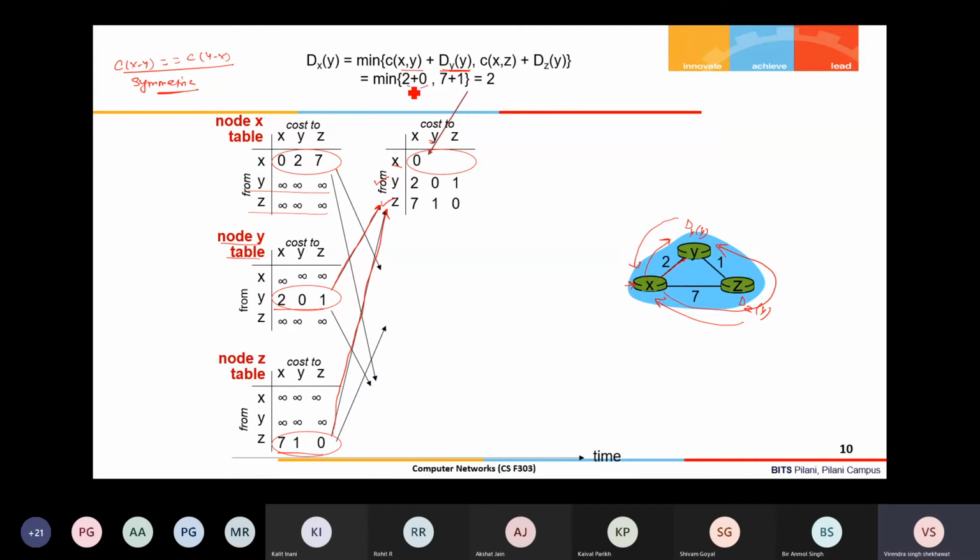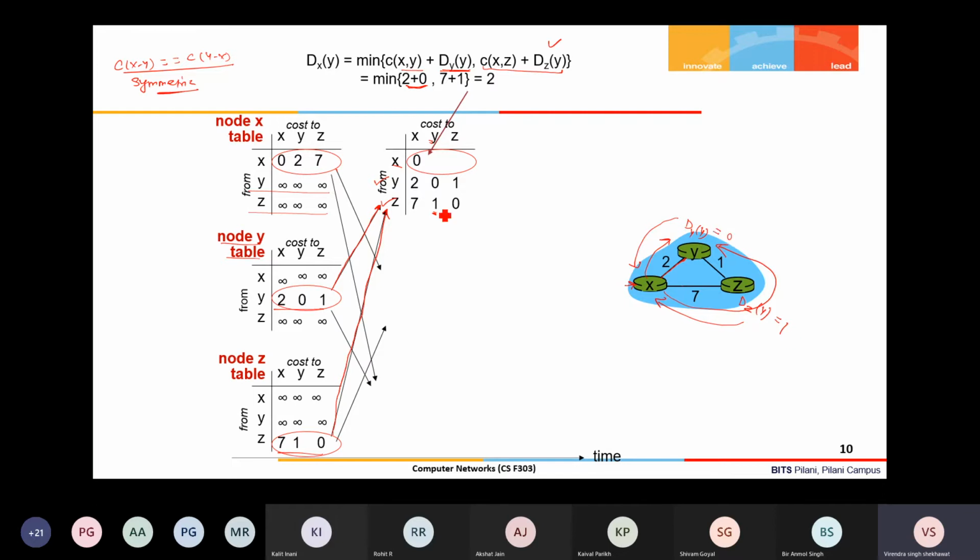So that's why it is 2 plus 0. Then the other distance vector it received is from node Z for destination Y. That is D_Z(Y), which is 1.